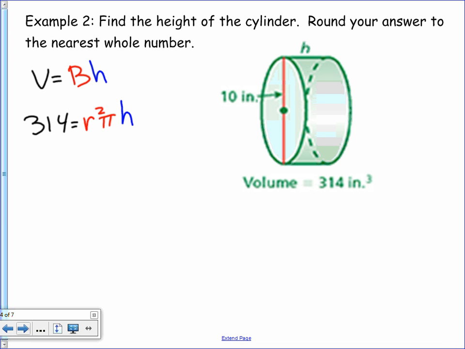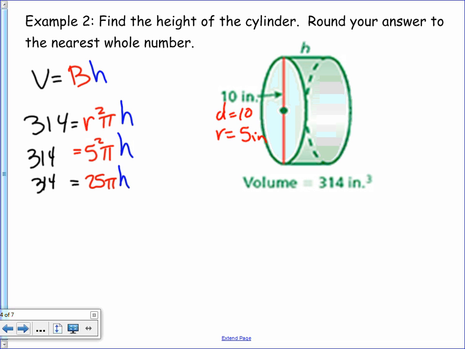So the diameter is 10, and the radius is half of that, which is 5 inches. So we know the radius is 5 squared times pi times the height, and that equals our volume of 314. Let's simplify. 5 squared is 25 pi times the height, and that equals 314. So we're going to divide by 25 pi, 314 divided by 25 pi,